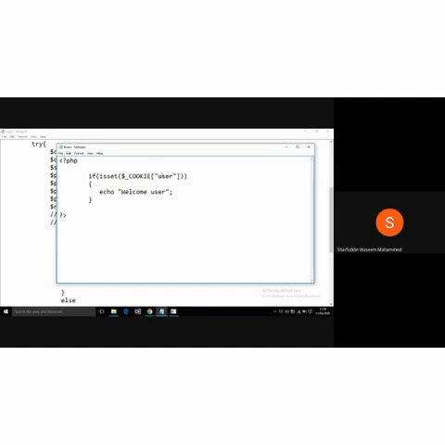Here I will simply make a variable called $_COOKIE of user, and I can store this under one variable, $user equal to.